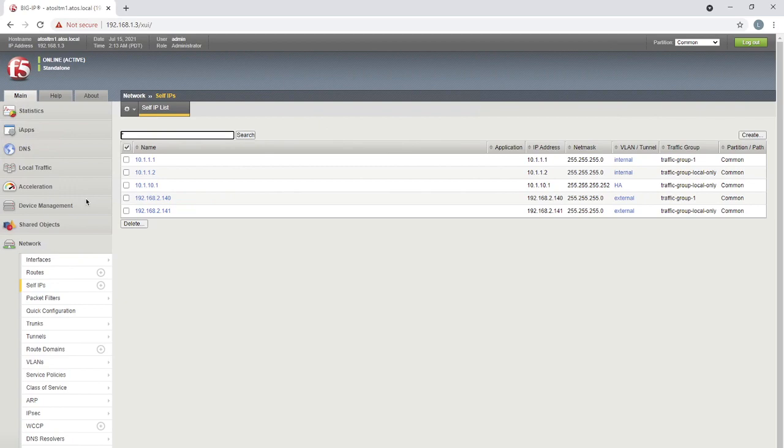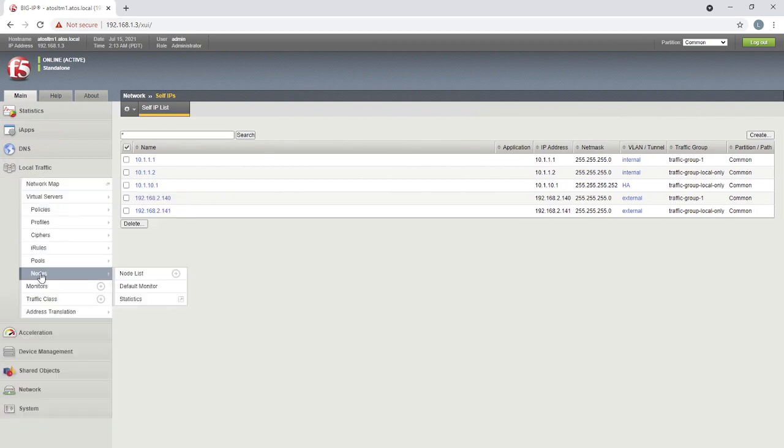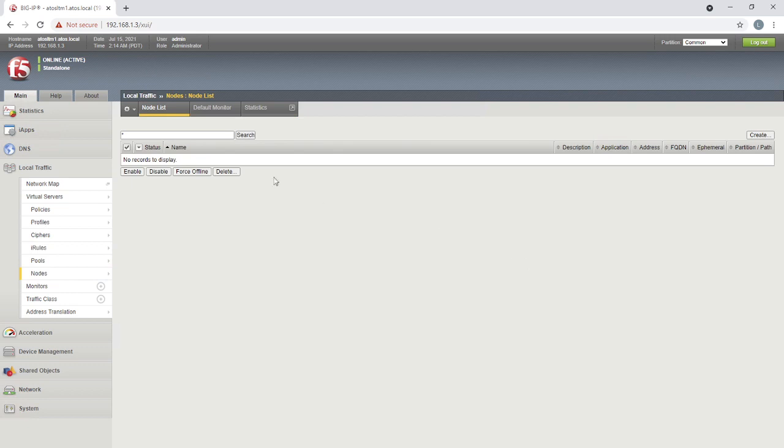First of all, I just need to get into my local traffic, and then we know nodes, pools, virtual servers. Do we know about these 3 terminologies or not? Nodes, pools, virtual servers. Okay. Now, first of all, I'm calling the nodes. I have a couple of ways to do it. See here, there are no nodes as of now. I can see there is something called create, with which I'll be able to create the node. I'll show you that one.